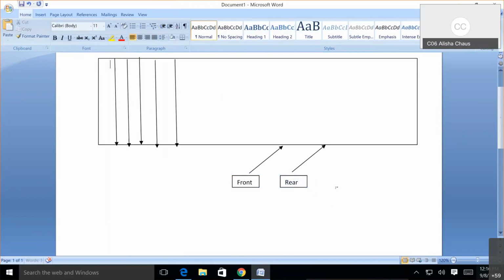Now suppose this is the front and this is the rear, pointing at the 40th element and this is the 50th element. What is the maximum size I have? Which is maximum is 100.